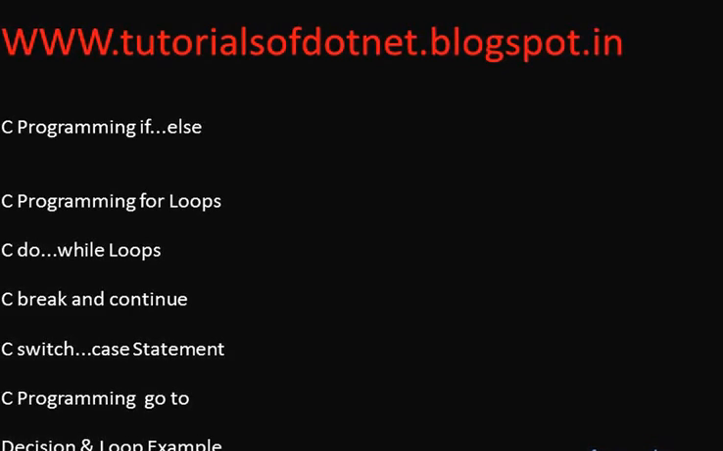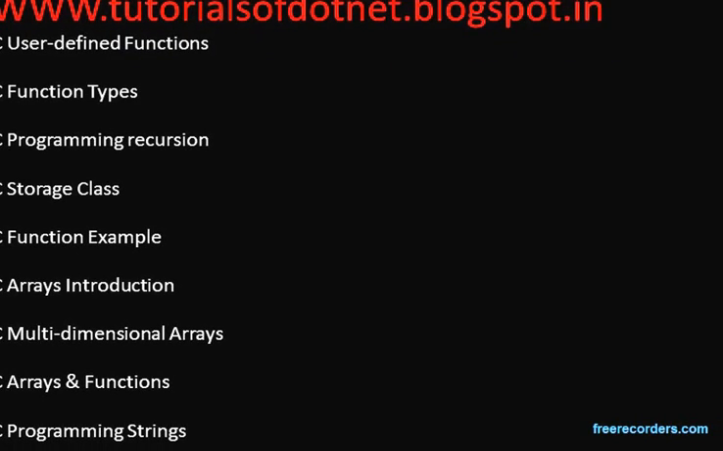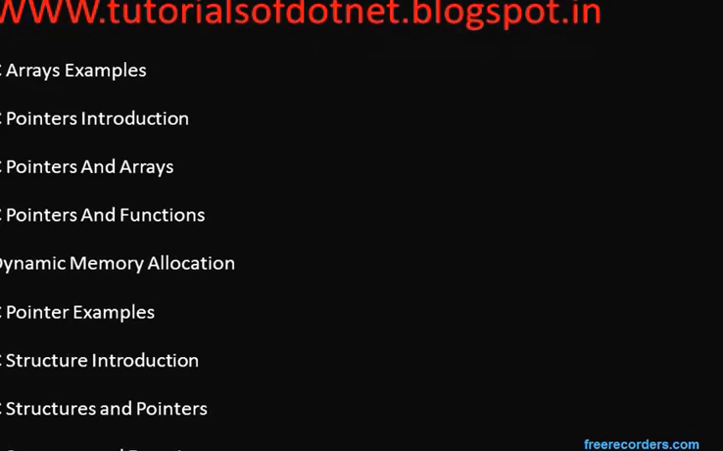And functions, function types, recursion, storage classes, arrays, multidimensional arrays and functions, programming strings, string functions, pointers and arrays, pointers and functions, structures, unions. These are all the concepts we are discussing in our